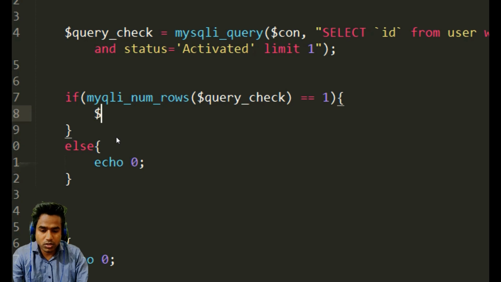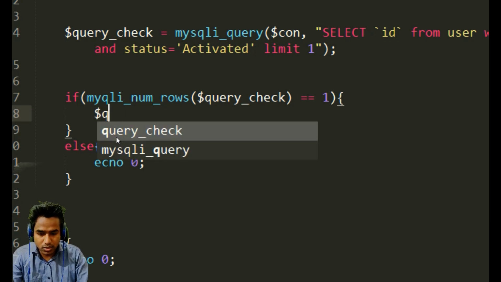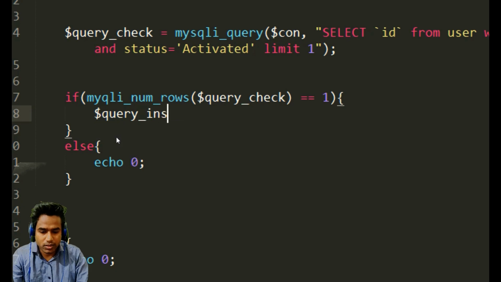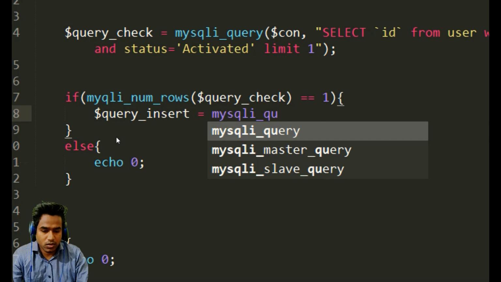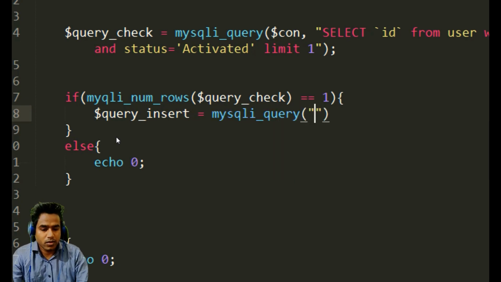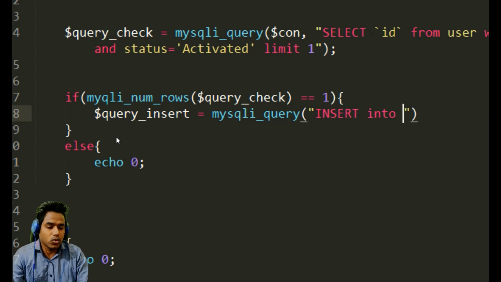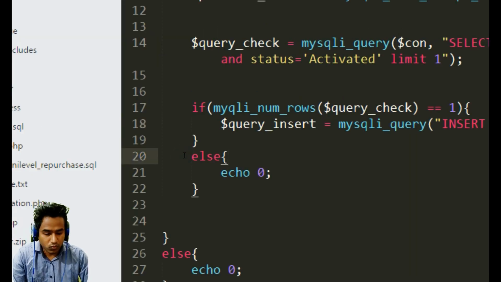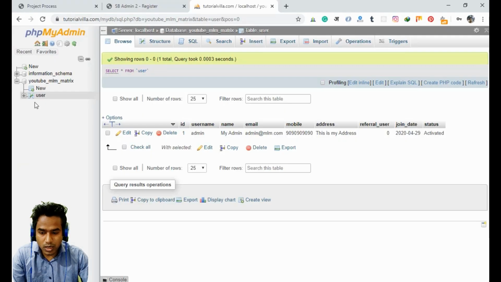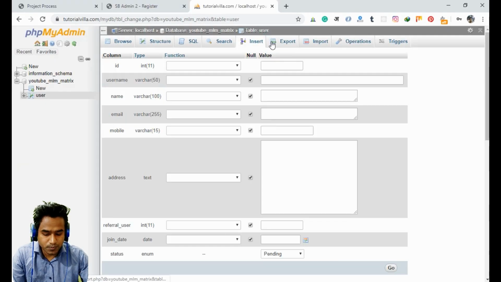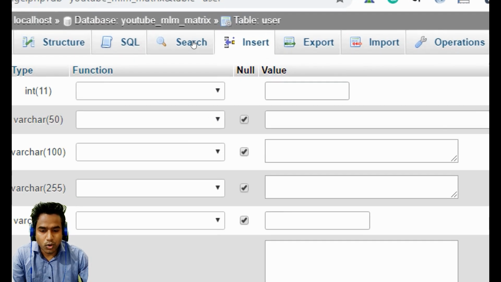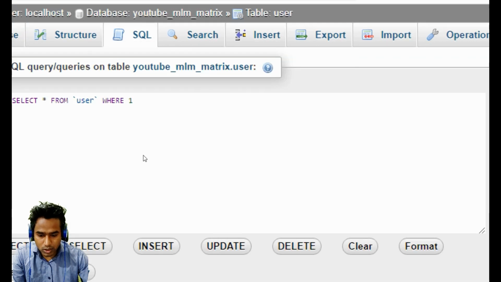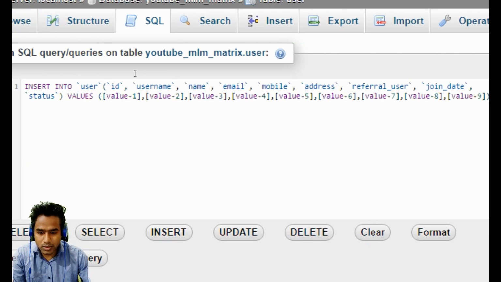For this we just put here query insert, mysqli query, insert into user, and we can get the values from the user table. If you click on SQL and then on insert here, here is the code.